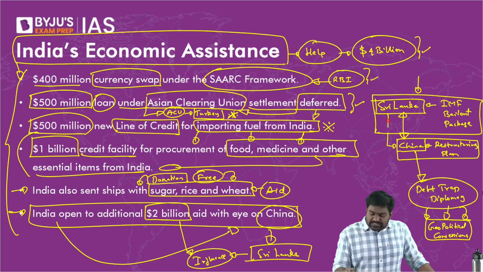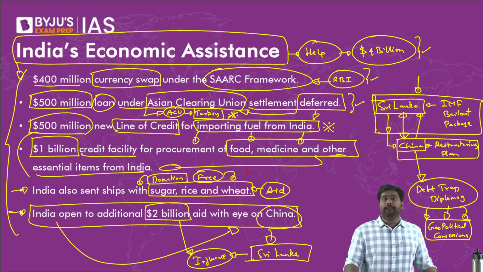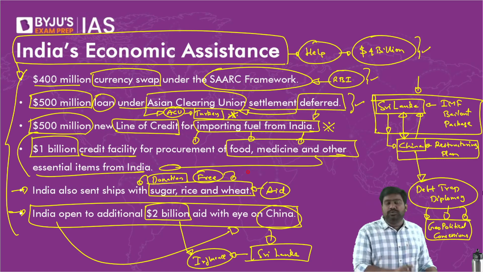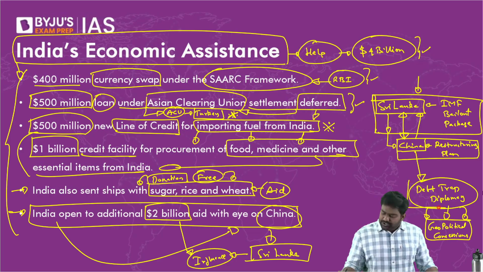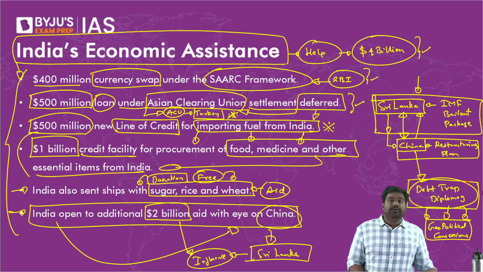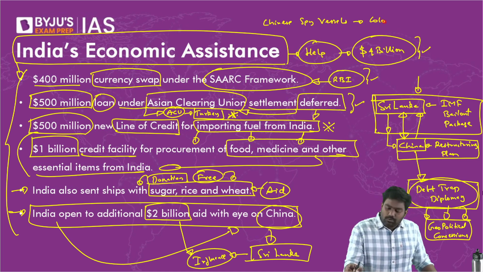So even when Sri Lanka was suffering, all these years China was investing so much, but now when it was struggling, it was going bankrupt, it actually did not help Sri Lanka at all for almost 1 year. When we gave almost $3 billion worth of assistance, China was doing nothing. It was holding back deliberately because it wanted more leverage. It wanted to use Sri Lanka to gain more influence. That is why Chinese spy vessels have been allowed to dock repeatedly at Colombo and Hambantota by the Sri Lankan government.